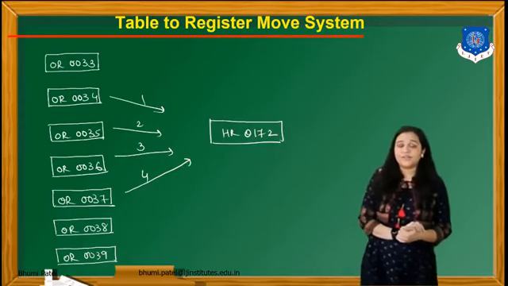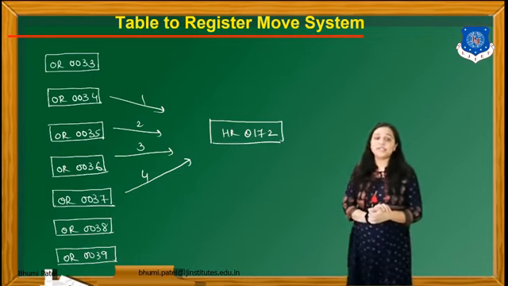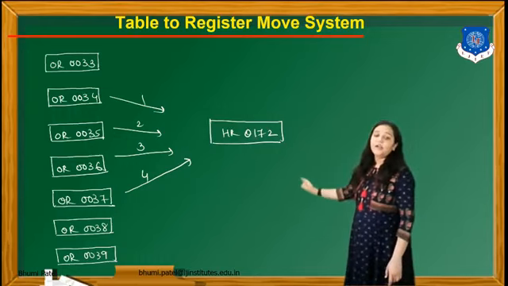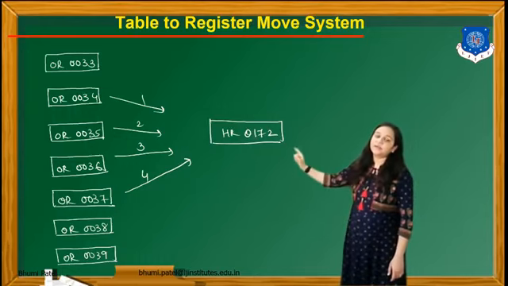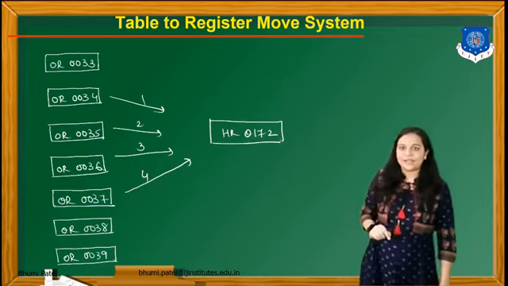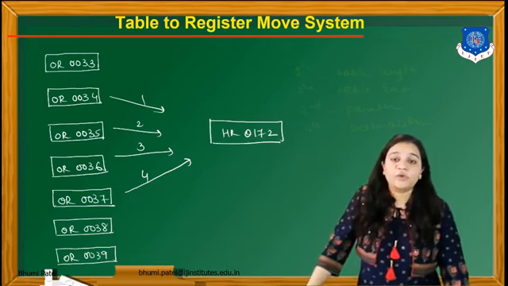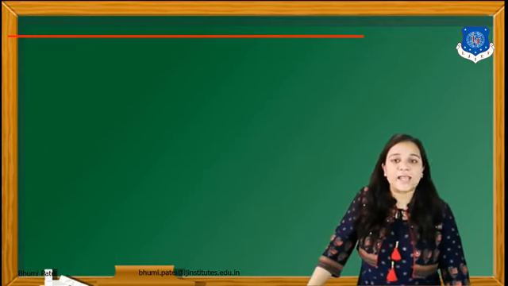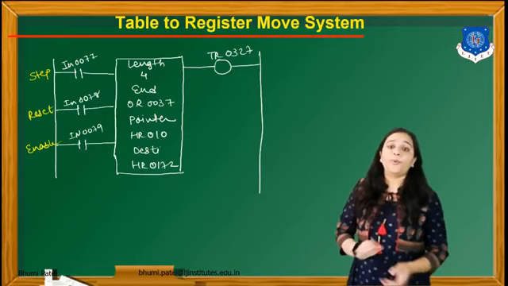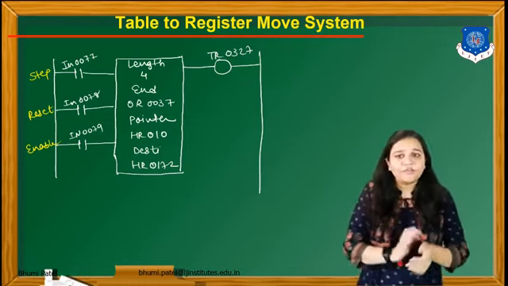If we have to transfer 6 table entries to the register and my ending address is 0038, then counting 38, 37, 36, 35, 34 and 33, my starting address will become 0033. So according to the end point, we have to decide the starting point. Now the pointer location is important because here only length 4 is given.